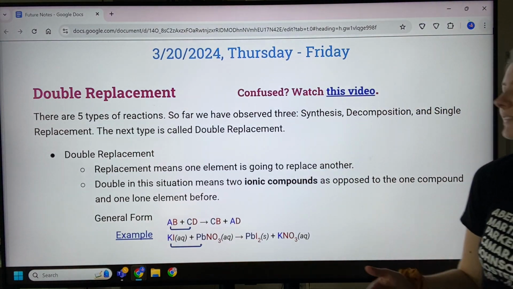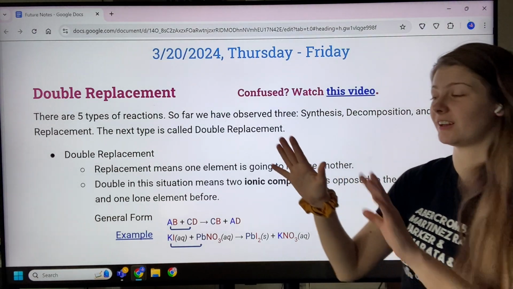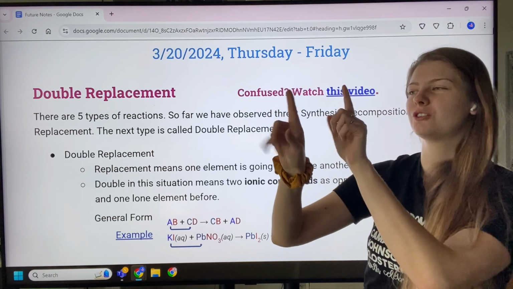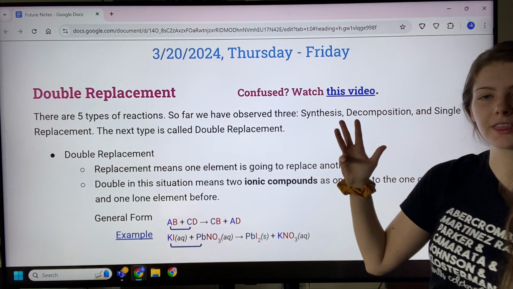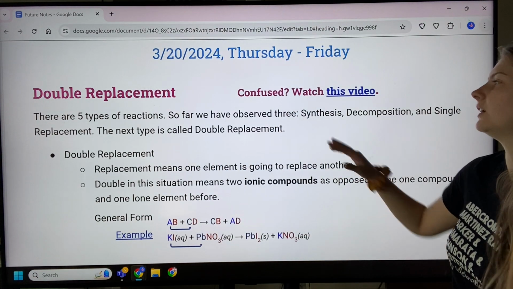Just like usual, let's start us off strong. There are 5 types of chemical reactions. We have covered 3 of them. Single replacement was the last one, and then the first 2 were synthesis and decomposition. So we are covering the 4th, and we're gonna do the 5.4 test after this set of notes and the